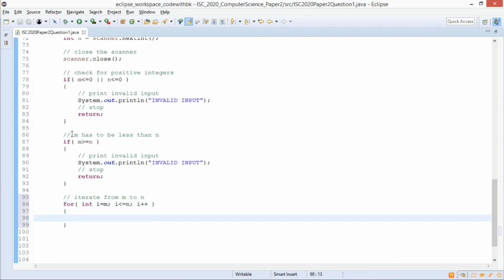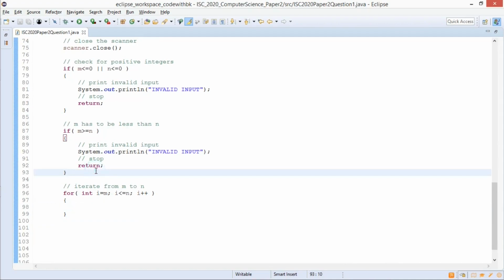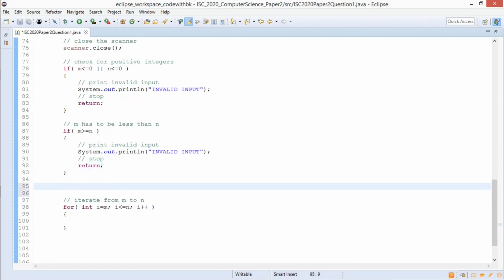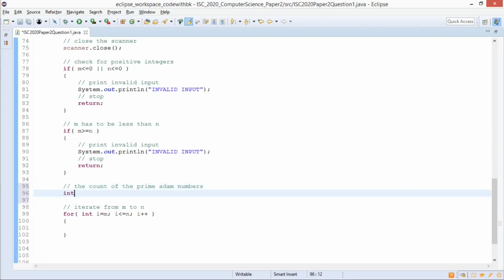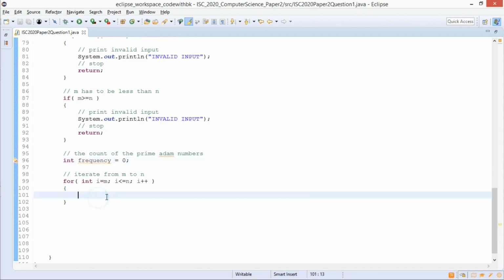Along with this, we will also need the count of the prime atom numbers. So I'll take a variable, frequency. Now for each of these values of i, I will check if this is a prime atom number or not.